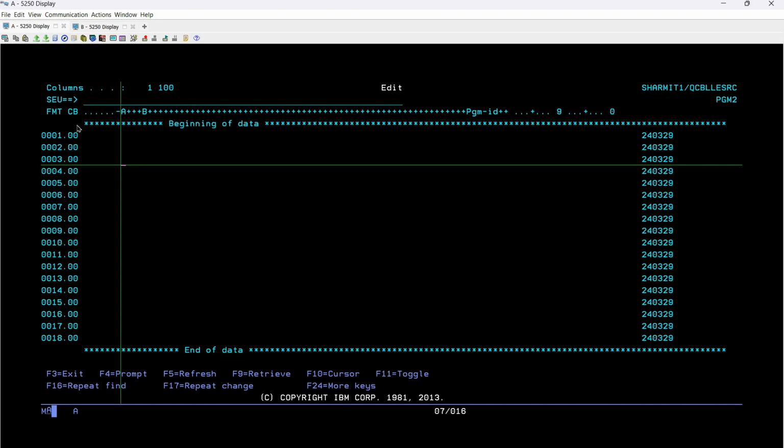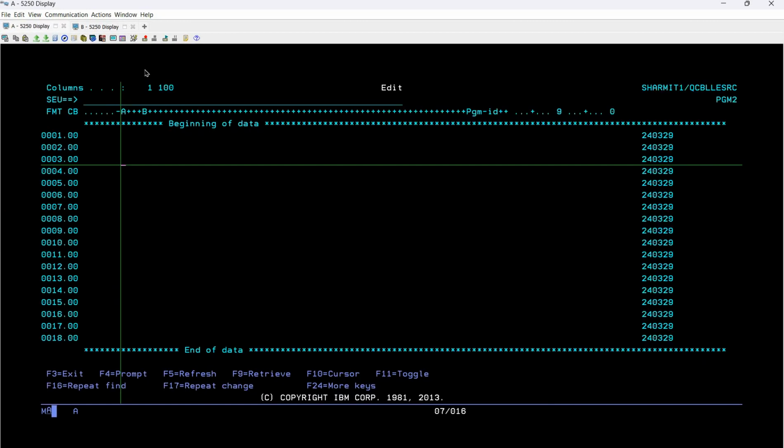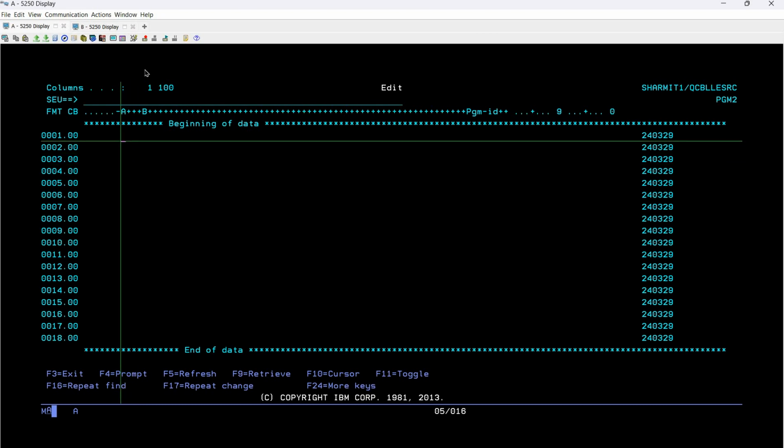After 7, if I move my cursor to the right side, this is the 8th position, this is the 7th position. On the 8th position you can see it is written A, which is indicating area A. So we should know about these things. Okay, this is a very important thing, so I request you to keep a note of everything that we are discussing here. So from the 8th to 11th position is reserved for area A. From here you can count 8th, 9th, 10th, 11th. Let me highlight it for you. This portion is for